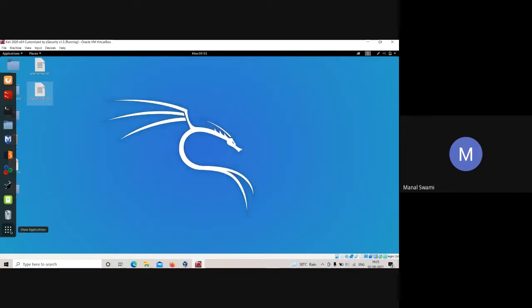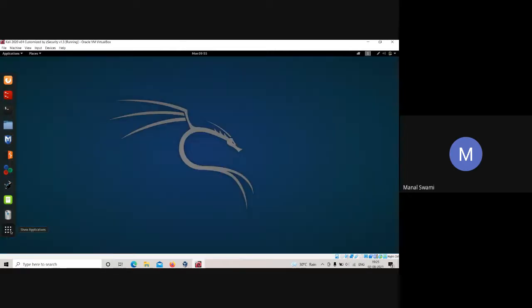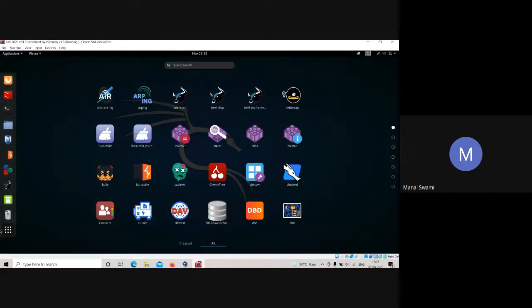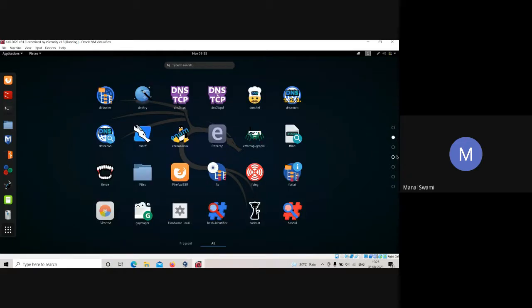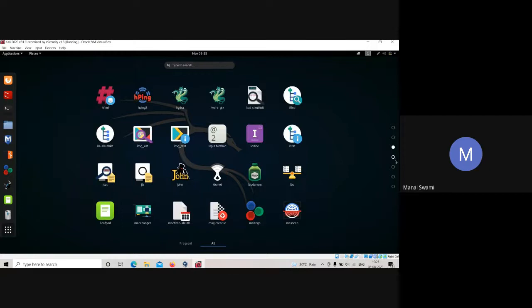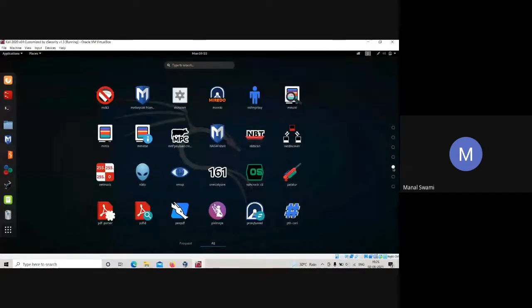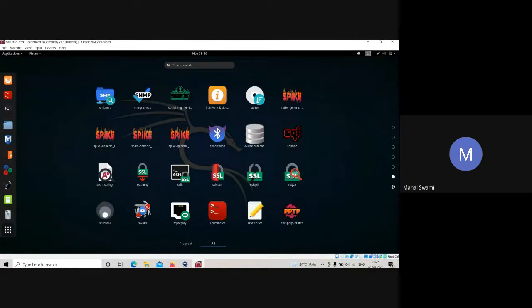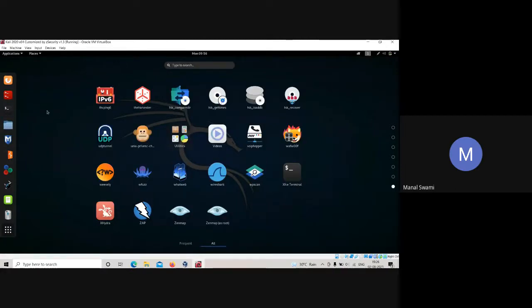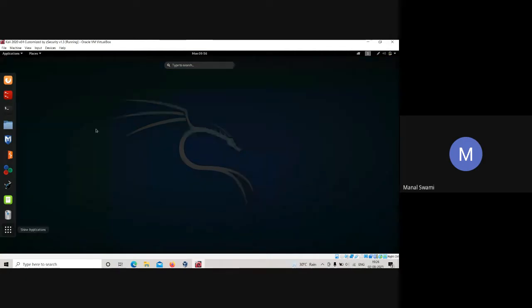All right, then you can navigate. See, in Windows you have a start button. In the same way, you have this button in Kali Linux. All right, from here you can search for any of the tools which you want, and from here you can navigate to different tools. All right, so this is Kali Linux, which we will be going through tomorrow. I wanted to do it today, but the problem was that many of you didn't install Kali Linux, so that was the main problem.